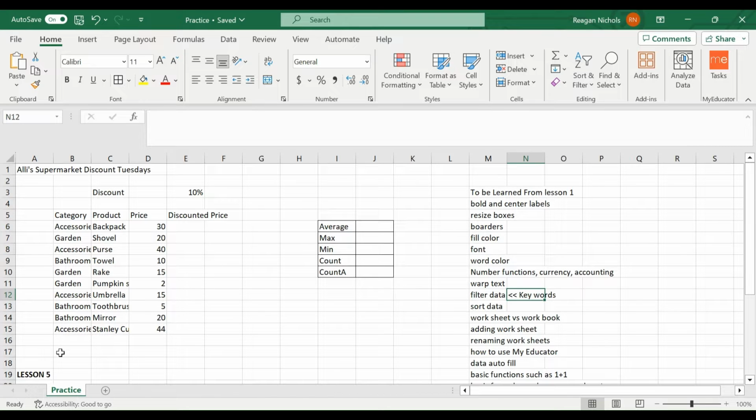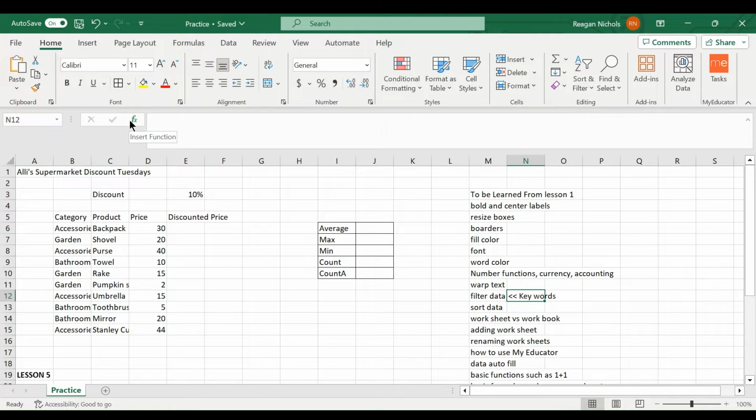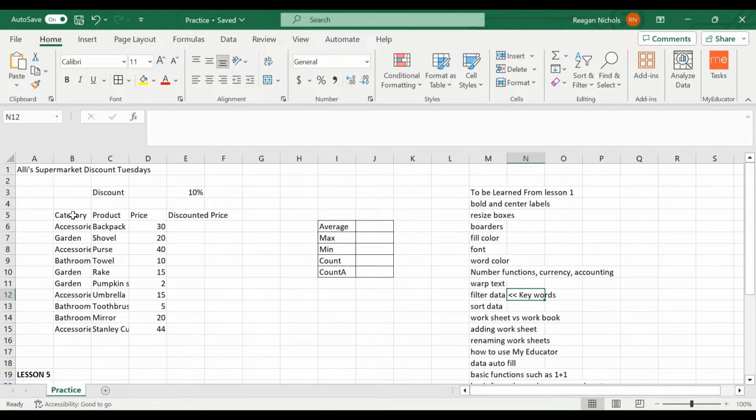Down here you'll see I have another section for lesson 5. We'll get to that in a second. Everything else we can just kind of do up here. So basically what this class is trying to help you understand is how to use Excel sheets and the various functions that go with it. So the first question is going to be talking about all of the things that you need to learn how to do when it comes to the style, the font, the alignment, the number, those kind of things. And so you'll get something that looks similar to this with a question that says bold and center